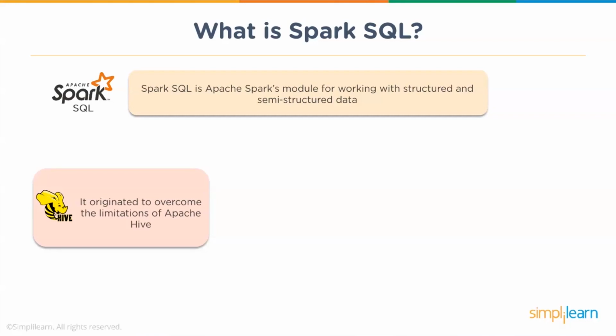Now we know that Apache Hive is a data warehouse package on top of Hadoop, and this is quite extensible. It allows you to work on structured data, or data which can be structured, with various features such as user-defined functions, support for complex data types, custom MapReduce scripts, and many more.